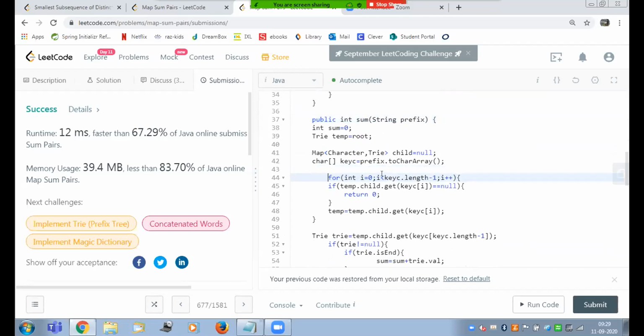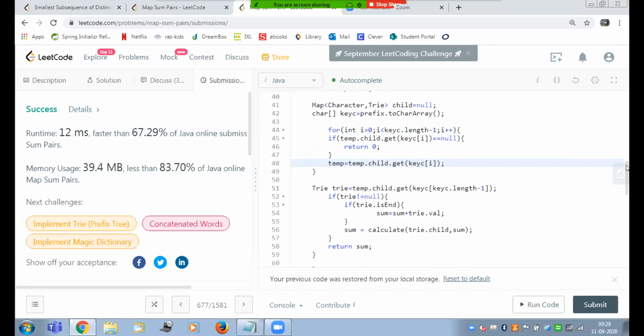When you come here, it will iterate on the APP, and I'm just terminating this one character before because I just don't want to add more code. So what it will do, it will first go to the A. So this is not the complete prefix. It will again go to the next child of the A, that is P. Once it is in the P, it is the last character, so it will just come out of the for loop.